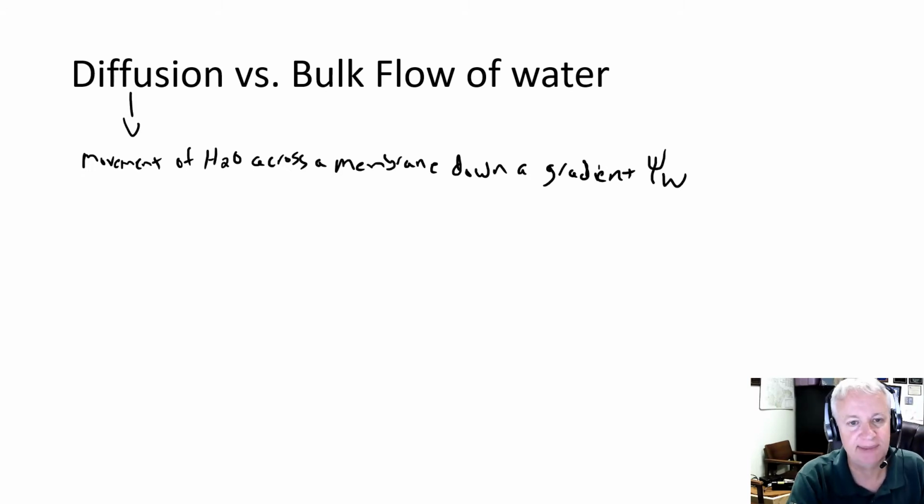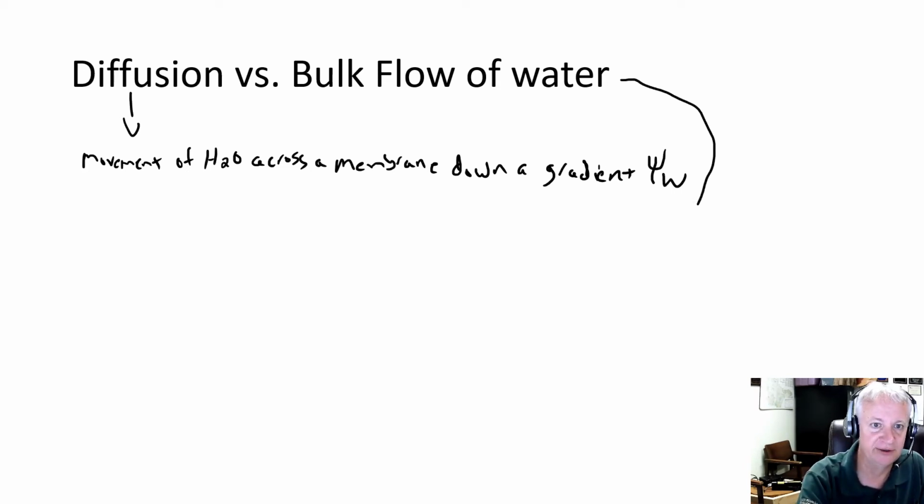So when we talked about water potential, recall psi W is the total water potential, which is the sum of pressure and osmotic potentials and gravitational. And diffusion would just be moving across a semi-permeable membrane down a psi W gradient from less negative to more negative. Whereas bulk flow refers to